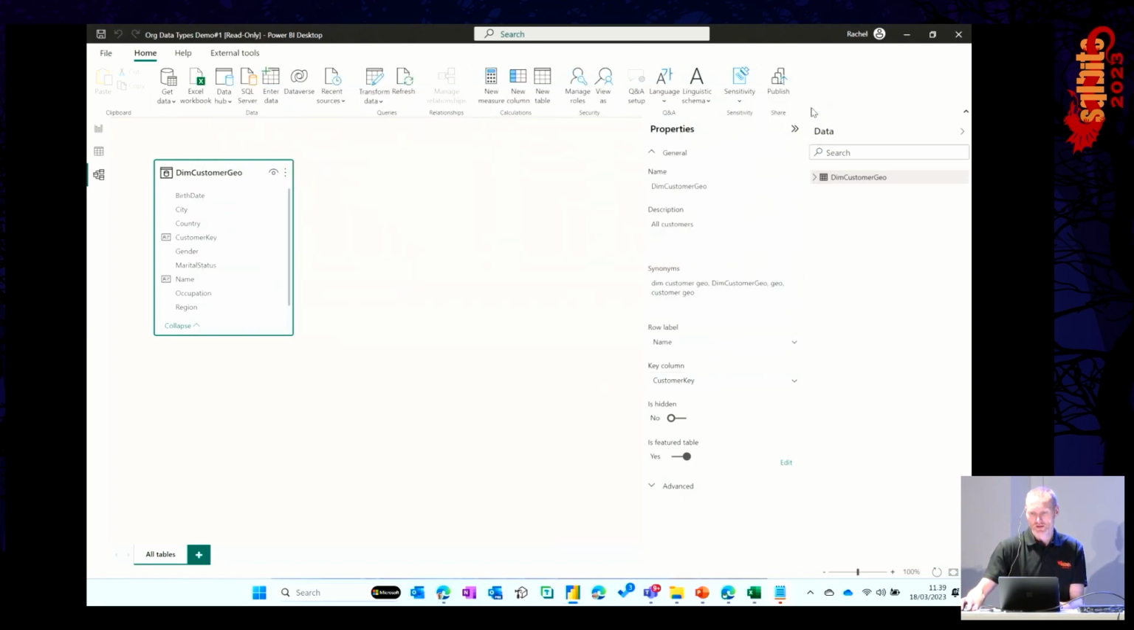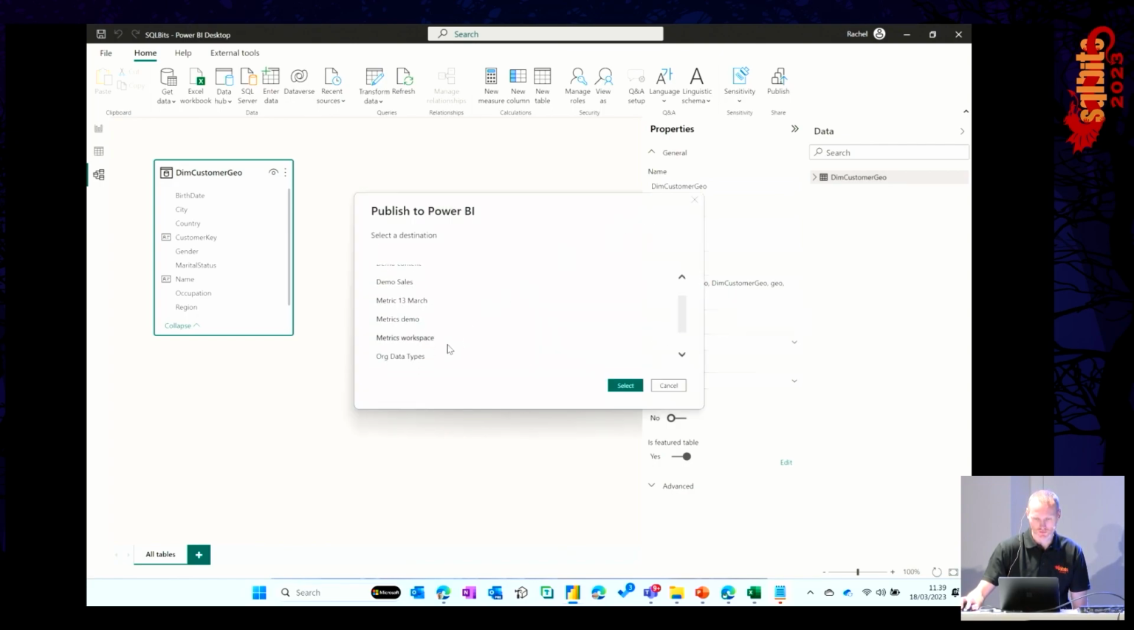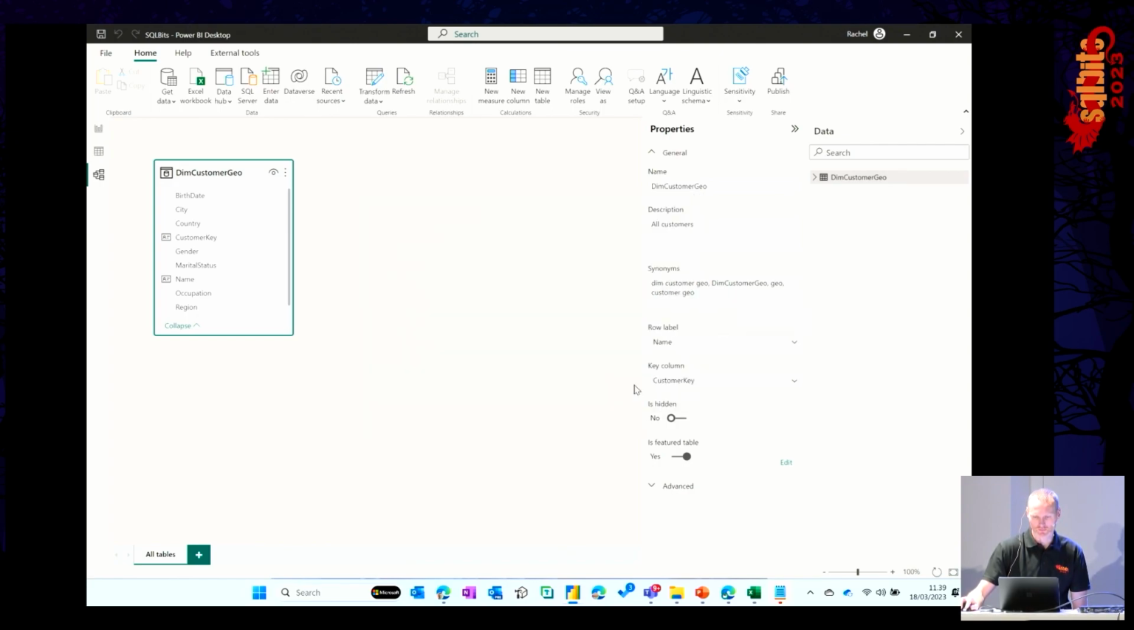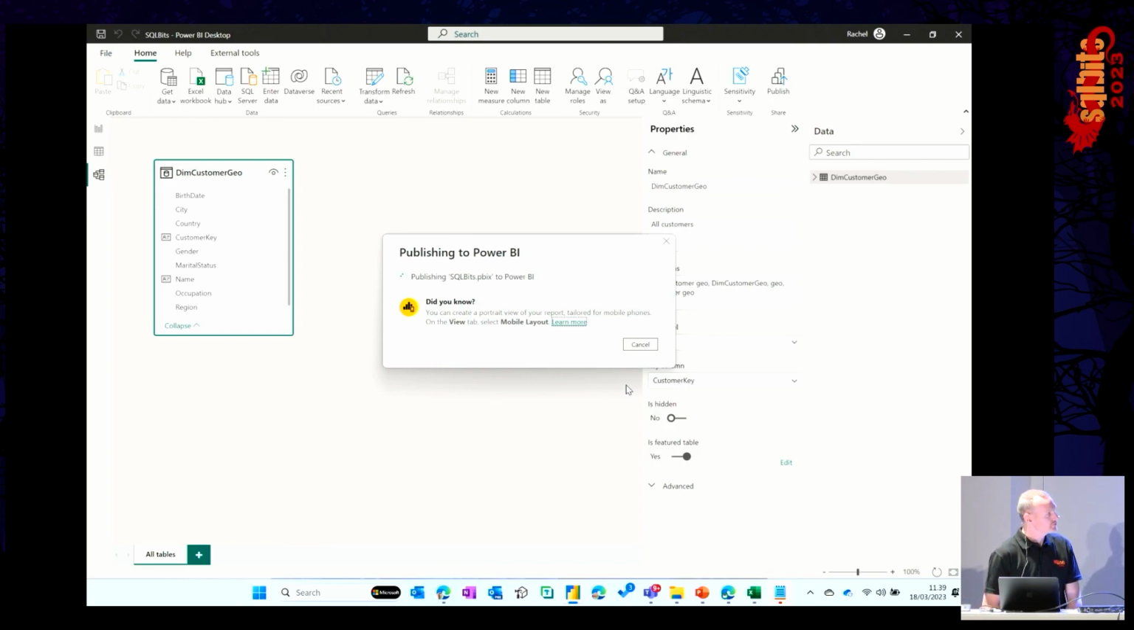And save. And then I will publish it to my, I'm logged in as a user called Rachel here, so I will publish it to a workspace in Rachel's tenant here, so organizational data type. Good. Should take a few seconds. So,